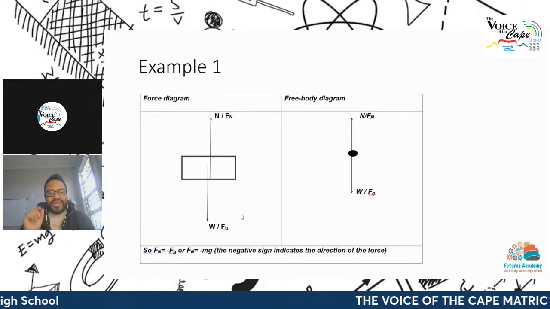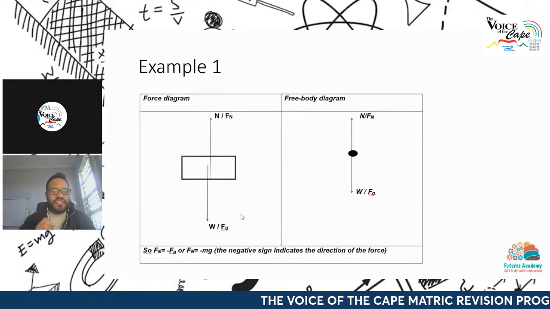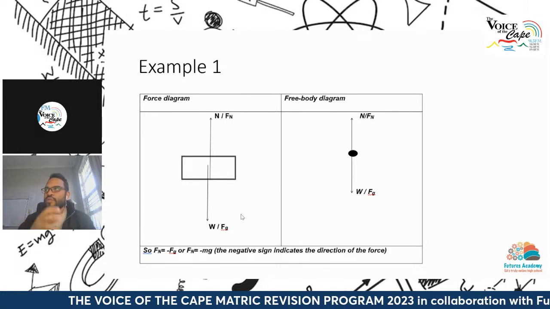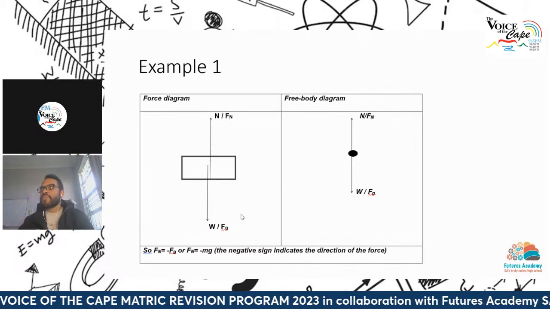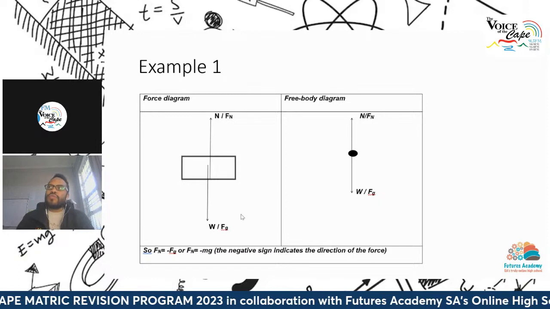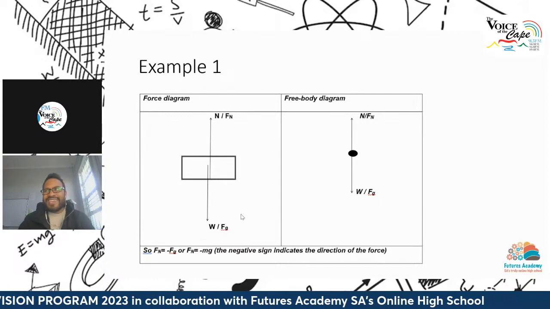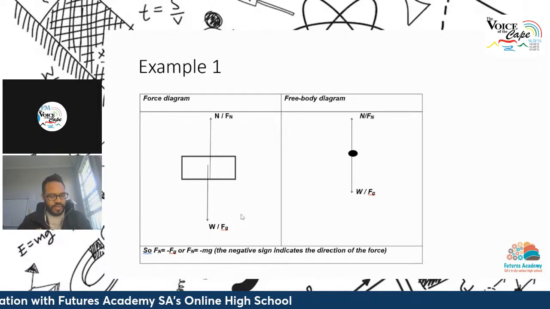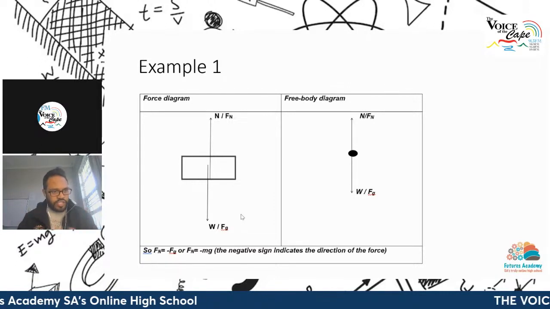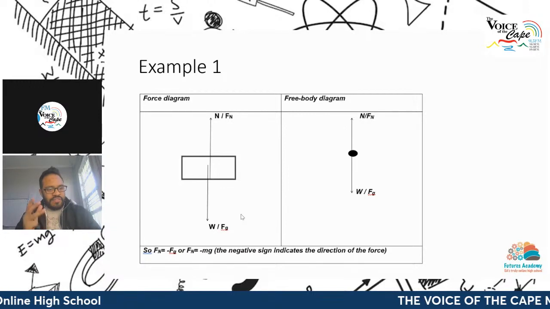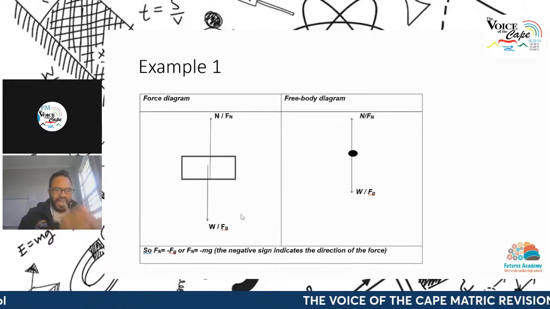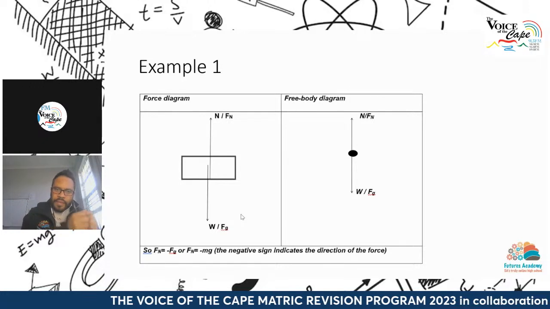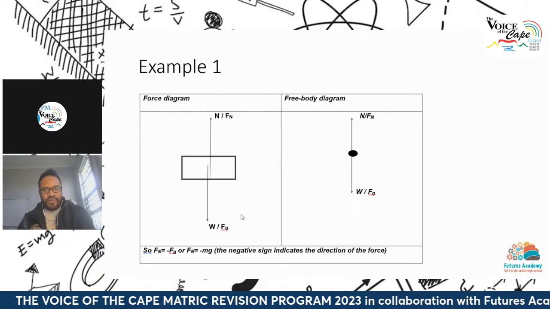So listen to the word, it's equal in magnitude. And what is magnitude? It's the amount of that object or that force, the amount of something that is actually there. Now, why do we not say that the normal force and the gravitational force are equal to each other? It's because they are only equal in magnitude. Now, remember from the little video we watched a few moments ago that a vector consists of both magnitude and direction. A vector requires magnitude and direction.